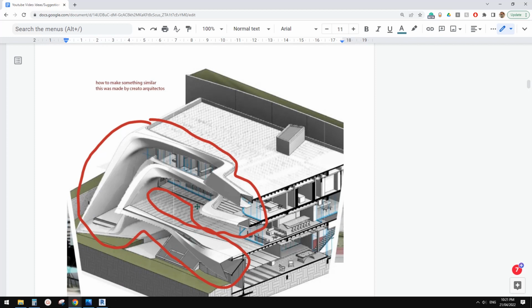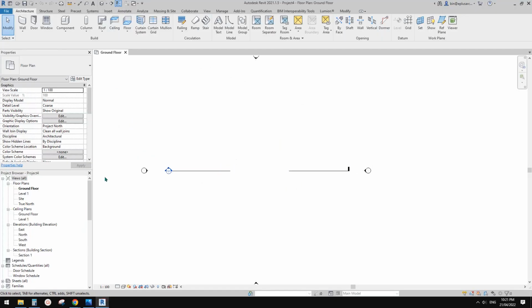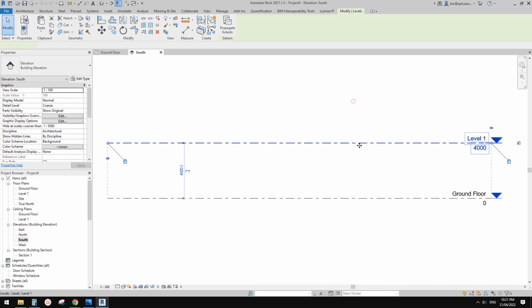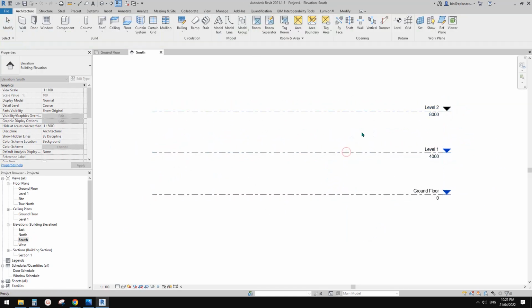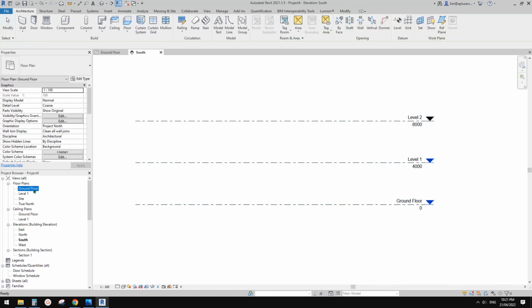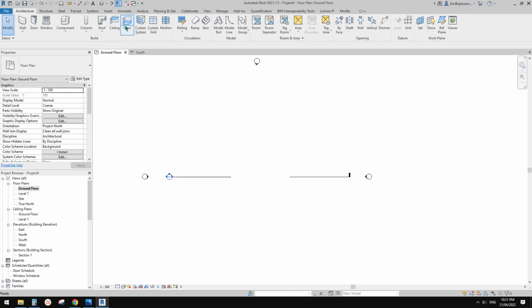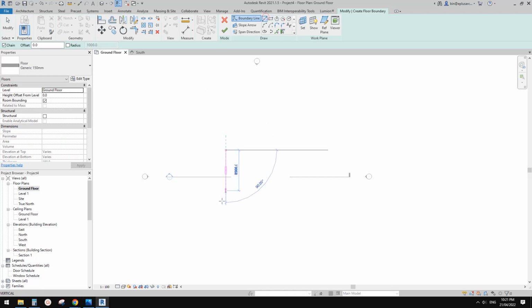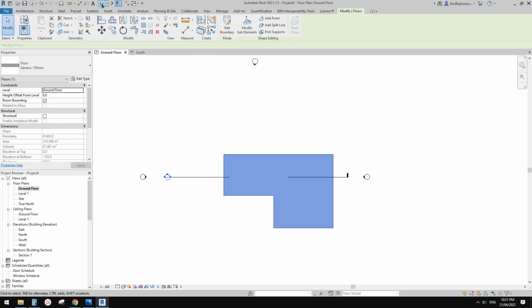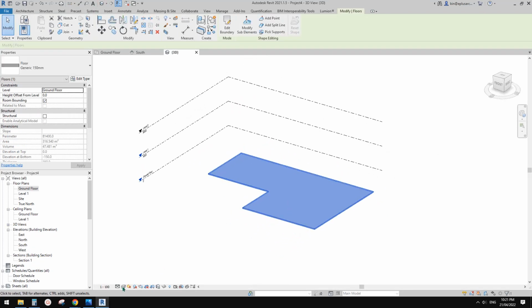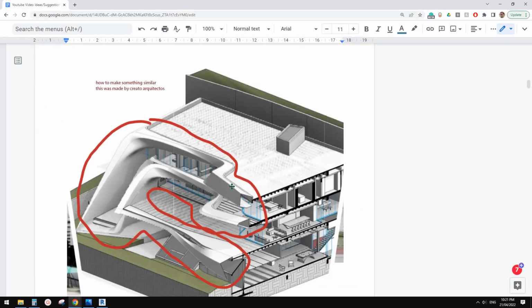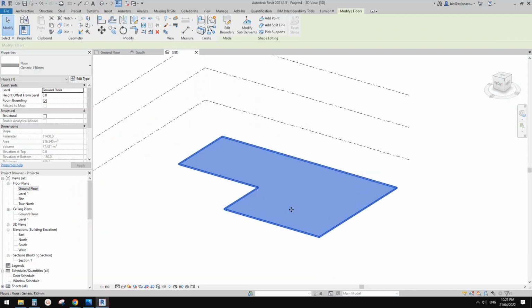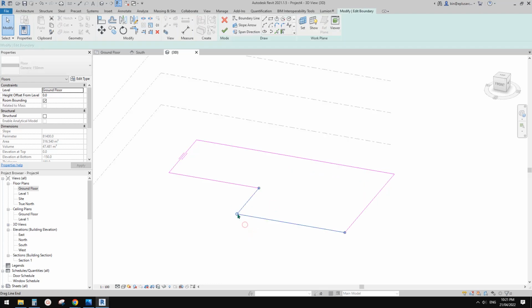So go to Revit. Go to elevation. Let's copy one, so three levels. Okay, so go to floor plan. I'm going to just model some floors, so for example, this one. And okay, finish it. Let's go to 3D view. So this is one of the floors. Okay, so like this. And maybe let me just make it more